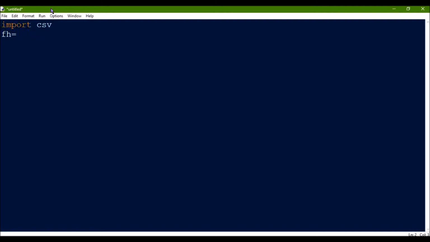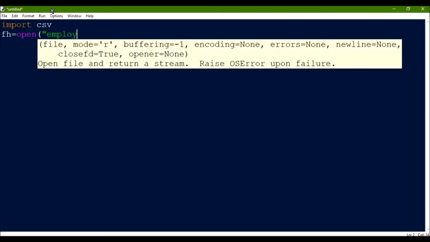Then we'll just create a new file, employee.csv, and because we are creating the file right now, we will use the W mode, and then we will mention newline is equal to single quotes open and single quotes closed. We don't have to give any space over here, it is a null string.